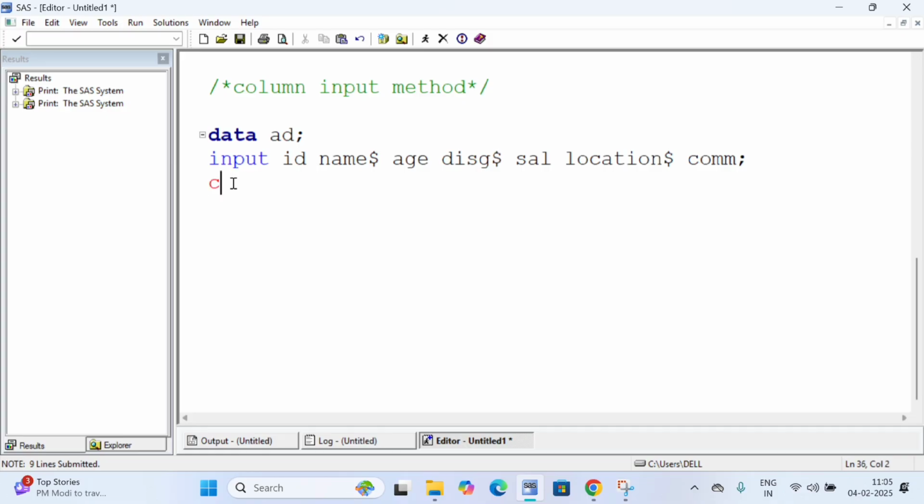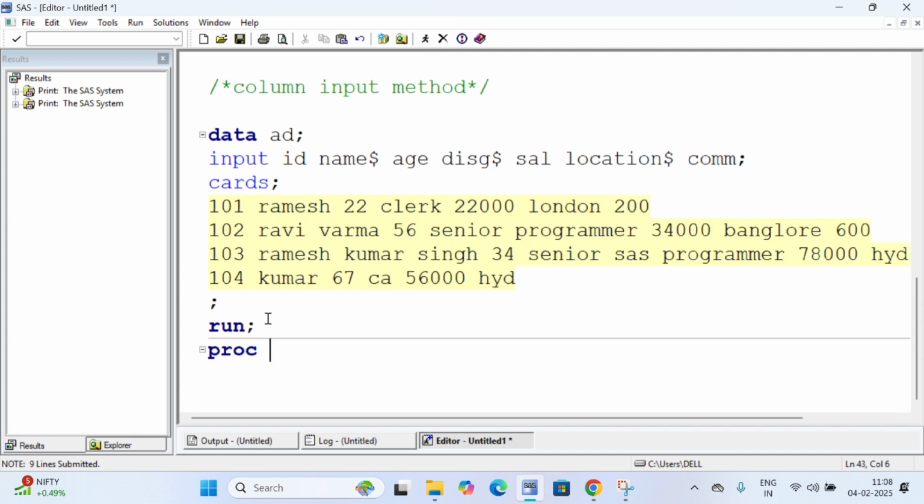Then cards or data lines, anything you can use, right? Then 101, Ramesh, then 22, clerk, 22,000. Just a minute. Proc print data equals dataset name AD; run;